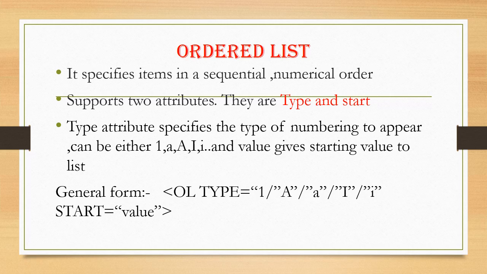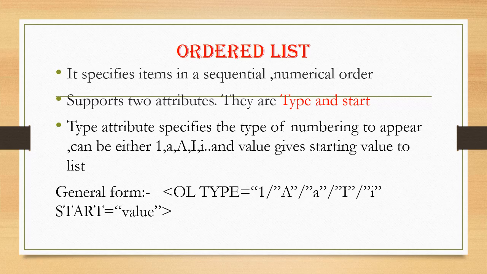So the attributes, that means we can have 5 types here. Which are the 5 types? The numerical, that means 1, or we can have the Roman numbers, the capital letter I, or the small i, as 1, 2, 3 like that. And we may also have the alphabetical orders, small a and also capital A. So these are the different types.